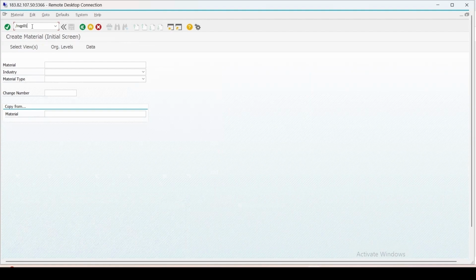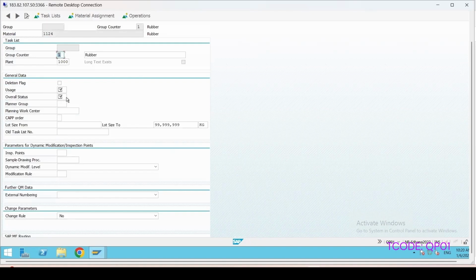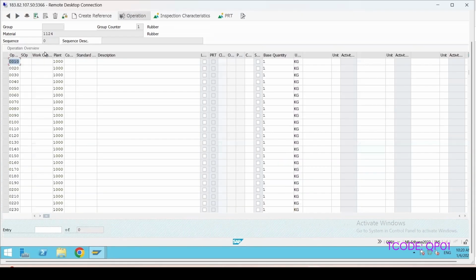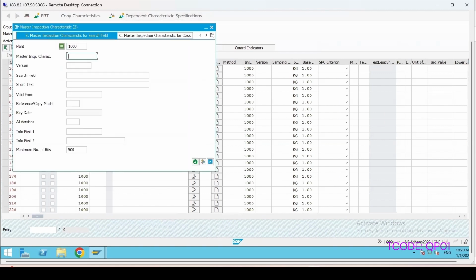QP01, enter. Material is 1124 and the plant is 1000. Enter. Keeping my usage as 5 and status as 4 for released. Operation: enter the control key as QM01 and some description.